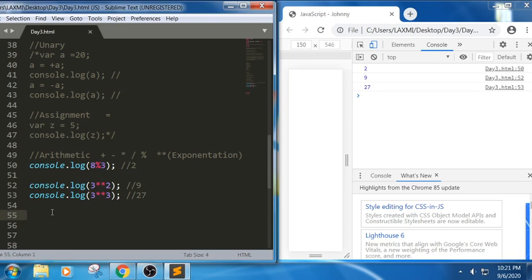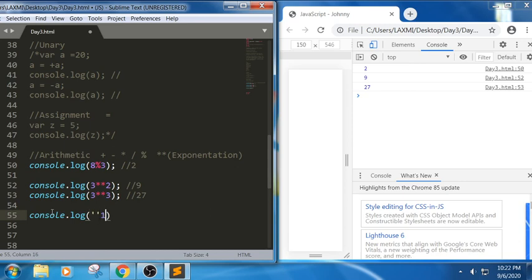So let me write an example so that we can understand. I have written like this. For example, as we have discussed in the data types in yesterday's session, data types can have a string as a data type, which can be enclosed in double quotes, single quotes, or backtick symbols.